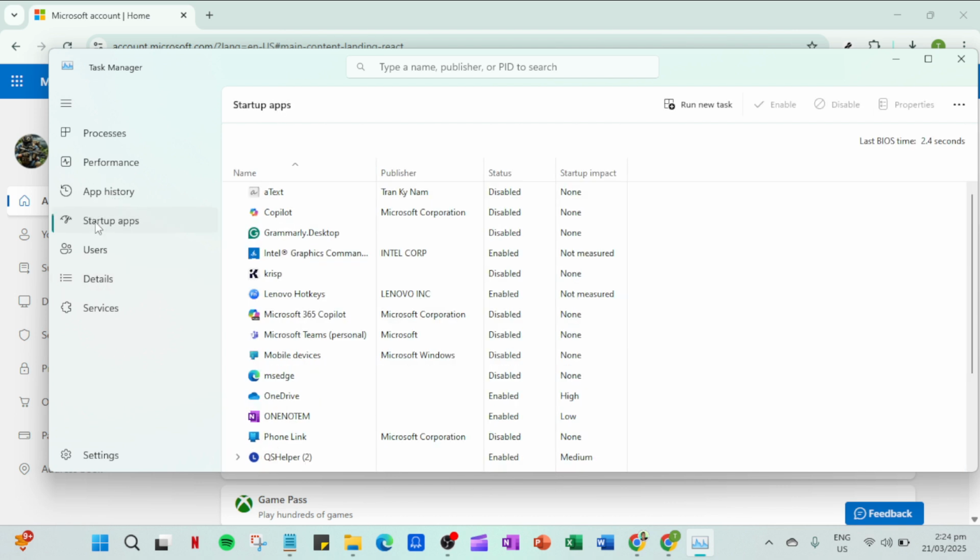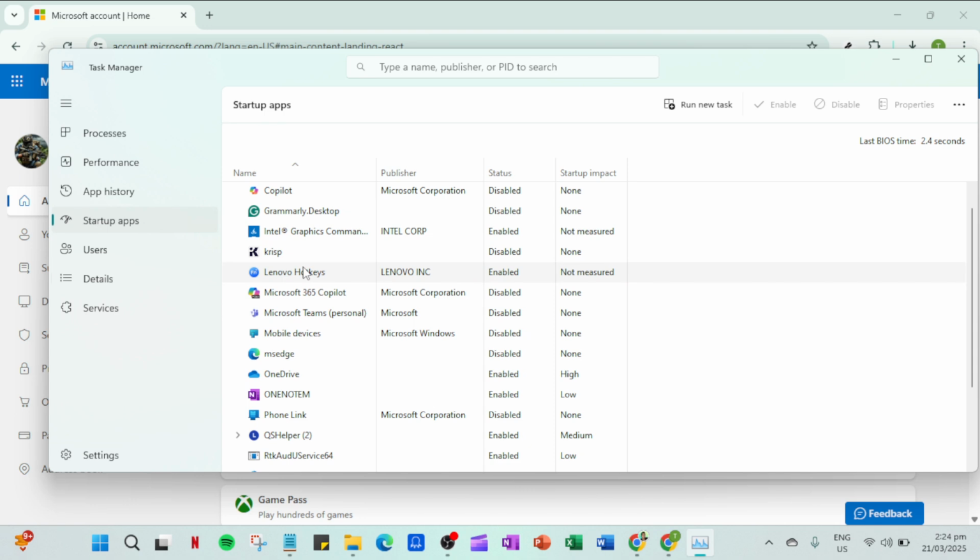You can find this section by going back to the main Task Manager tabs and locating the Startup tab. Click on it, and you will be shown a list of applications that automatically start when your computer boots up. Take a moment to locate OneDrive within the Startup Apps list. Once you've found it, click on OneDrive to highlight it. Then you'll want to disable it, which you can do by clicking the Disable button at the bottom right of